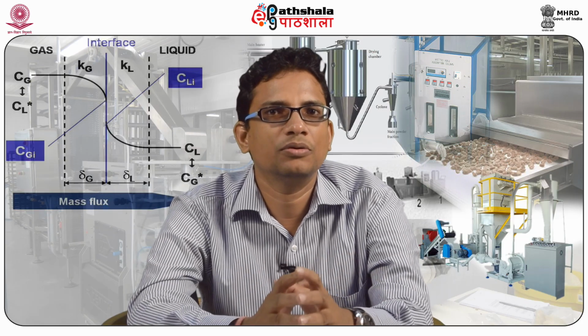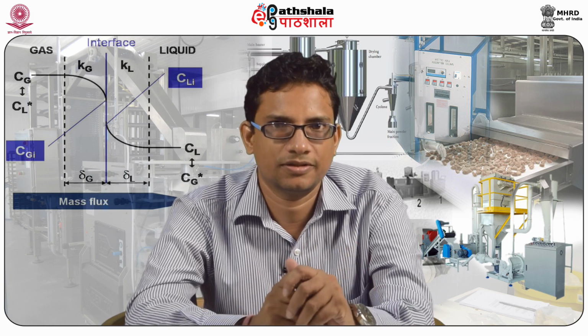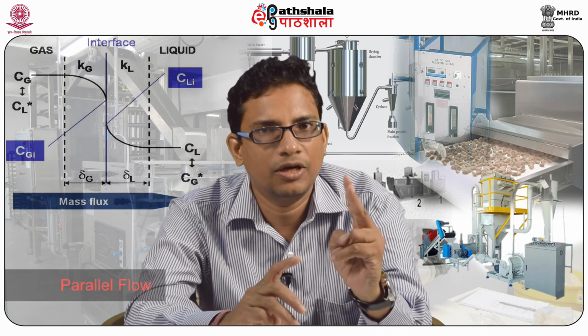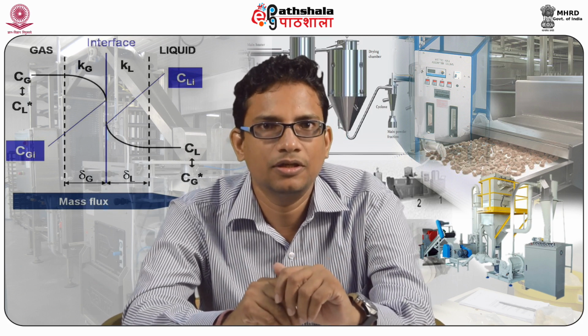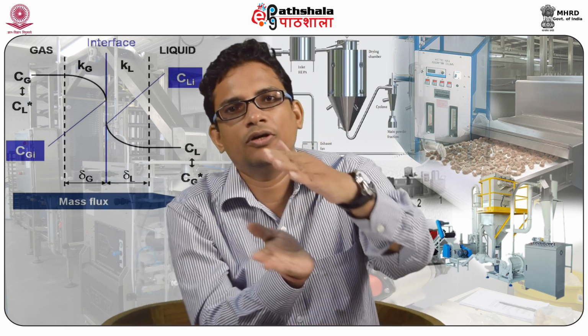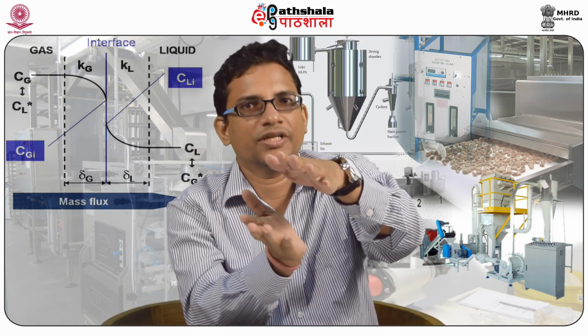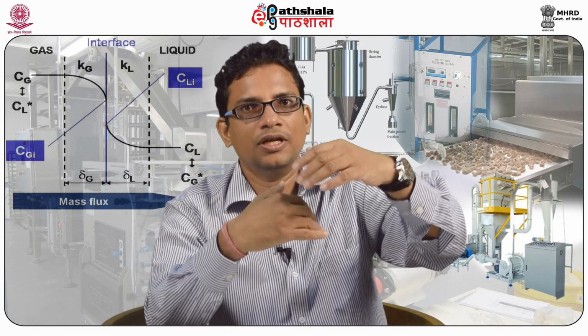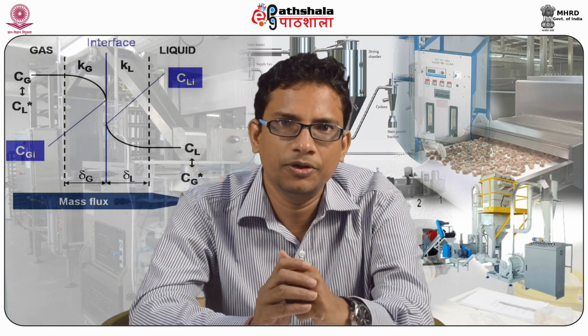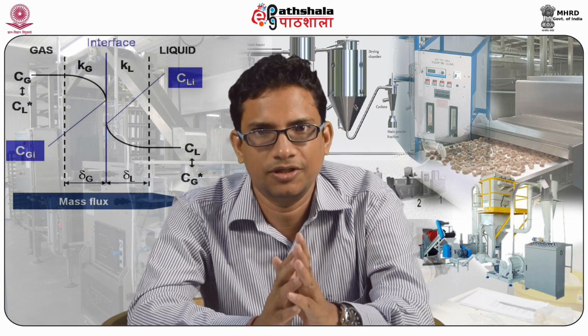Okay, let us discuss the different flow arrangements in a heat exchanger. Basically, as per the flow arrangements, heat exchangers can be of three types: parallel flow, counter current flow and cross flow. Let us first discuss parallel flow. In a parallel flow heat exchanger, both the cold fluid and the hot fluid move in the same direction. In counter current flow, both are in opposite directions, and in cross flow, the hot fluid and cold fluid move perpendicular to each other.